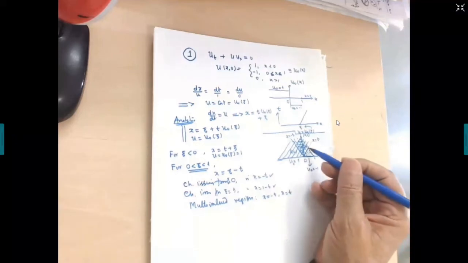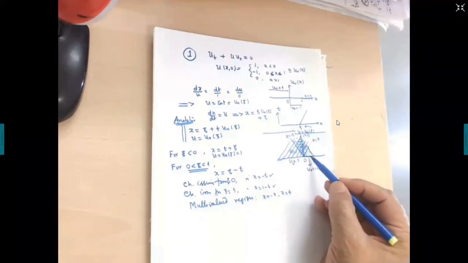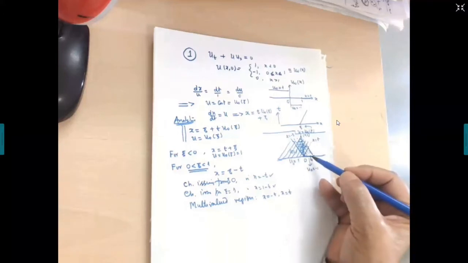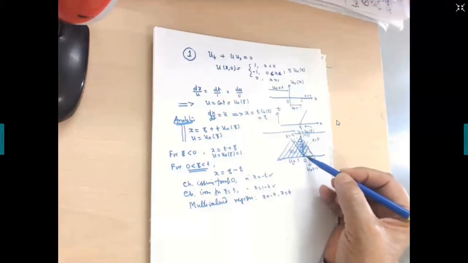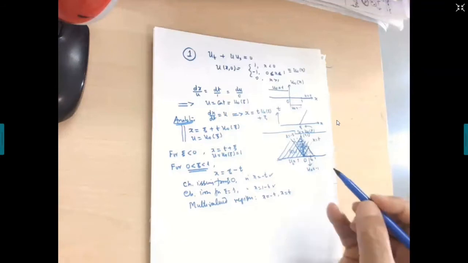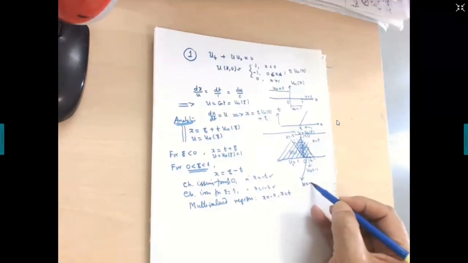You see what these characteristics do? They carry the information which is available here. What is the information at any point here? U naught is equal to minus 1. And this value is taken by this characteristic issuing from this point. So all these characteristics issue from this part of the real line, namely this interval 0 to 1, and they will take value u is equal to minus 1. So here, can I write in this triangle, u is equal to minus 1.